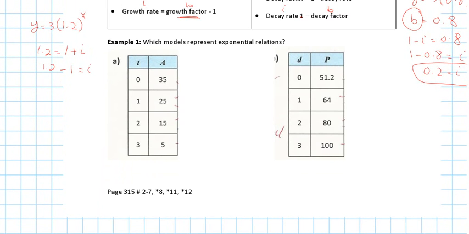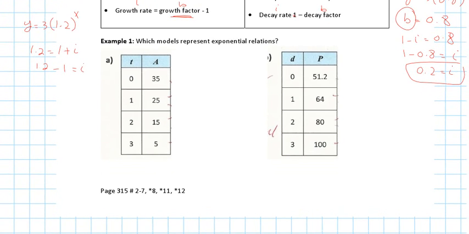All right, so in a table of values, in order for me to be able to identify if it's exponential or not, I have to do the first ratio, which means I have to do y2 divided by y1. So y2 divided by y1. That's going to give me 0.71. 15 divided by 25, 0.6. And 5 divided by 15,